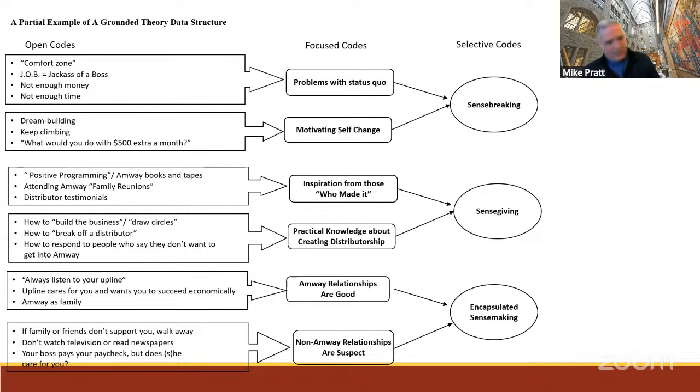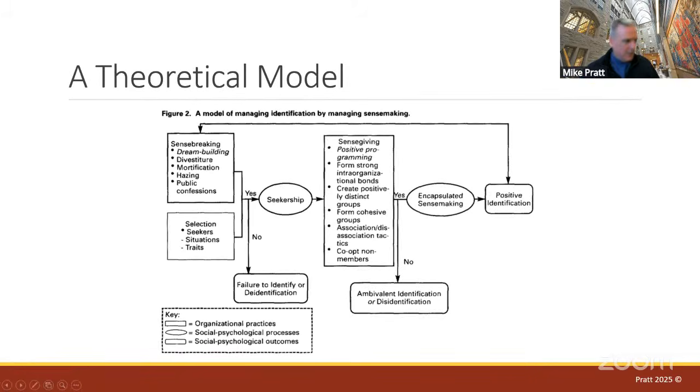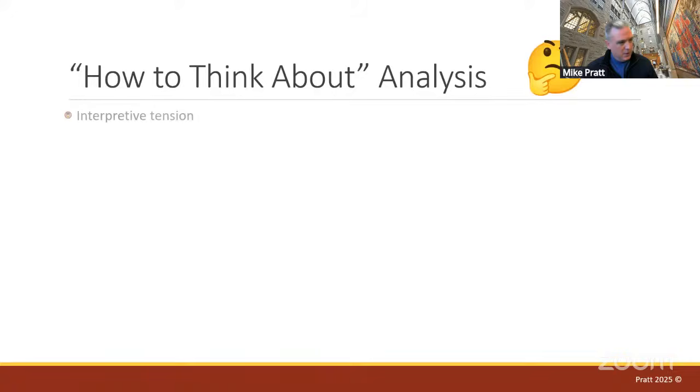I just want to point out something, because I get it as an editor. You don't want to have one open code leading to one focus code leading to one selective code, because that's missing the point of the process. You can't abstract from one code. You're abstracting from multiple codes. This is why, remember I said you want to have a big enough foundation to build on. If there are not enough open codes, you're not going to be able to create focus codes or selective codes. So you need to be strong on that one side. You can create a model with this as well.